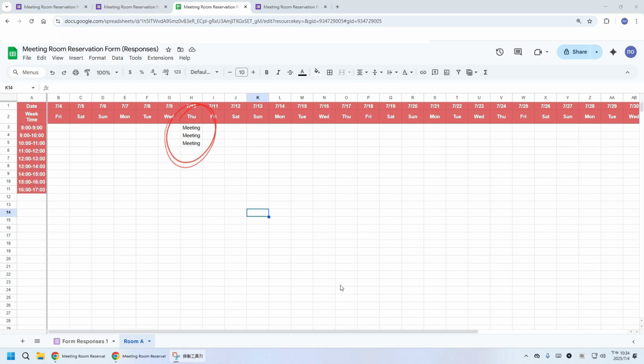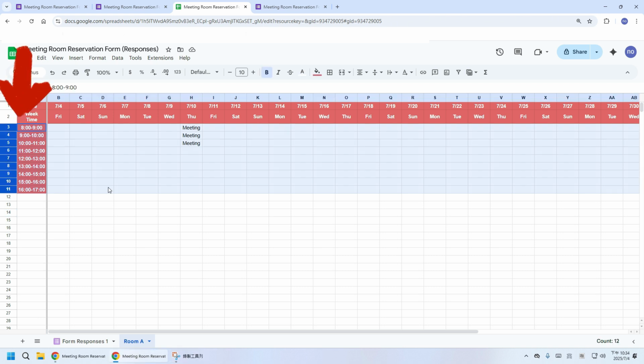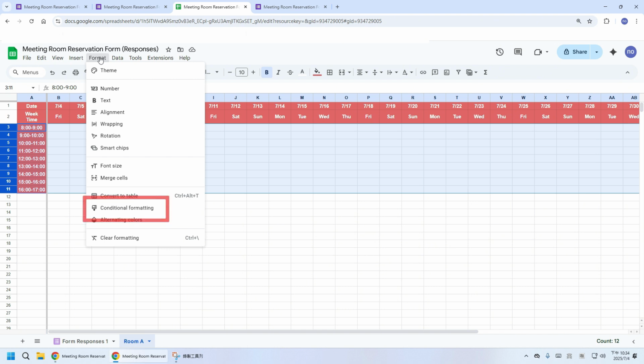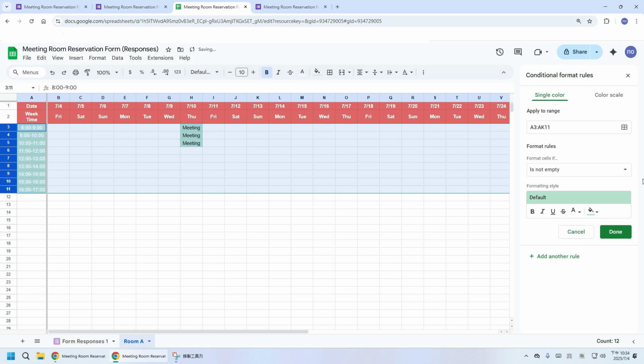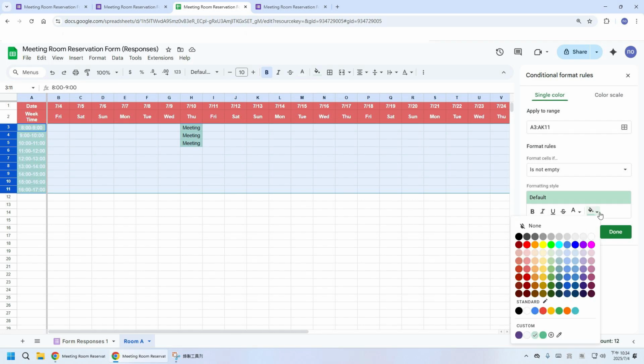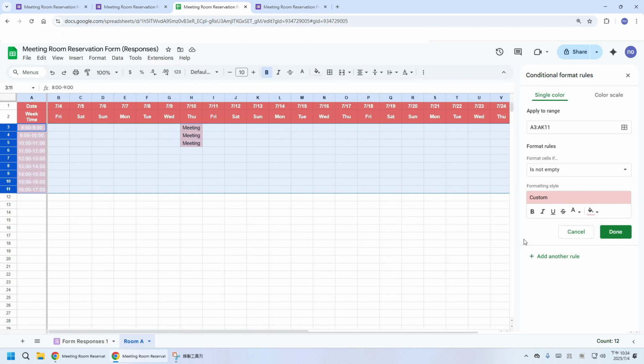Now let's highlight the appointment details in a different color. Let's first select the data in rows 3 to 11. And then format here. It presupposes that there is content and will make colored hints. So let's pick a similar color first. And then the range is to prompt the column after column B. I'll make the font bold of my schedule. Done.